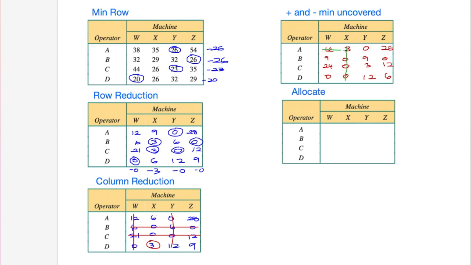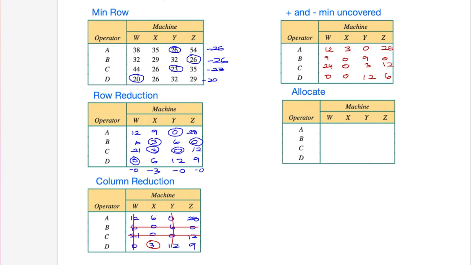Then I can cover this one here, and then I've got a couple of zeros there, and another one there, and you can see again, I've been able to cover all the zeros, and the minimum number of lines it took to do that was still 4, so it tells me I'm ready to allocate. Technically, I was ready to allocate over here. And so what that means is, if we get rid of some of those lines now,